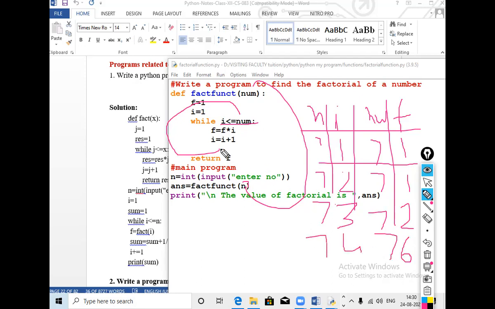Now again the loop: 4 is less than or equal to 7, the condition is true. f is 6, 6 into 4 is 24. i becomes 5, and 5 is less than 7, yes. Now 24 into 5, that is 120. And i equals to i plus 1, 6.